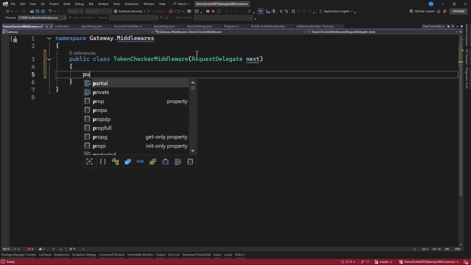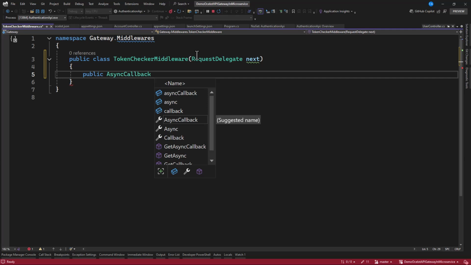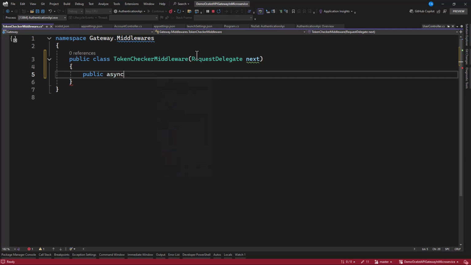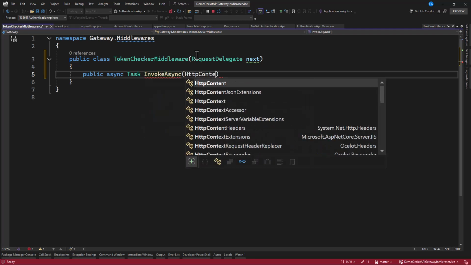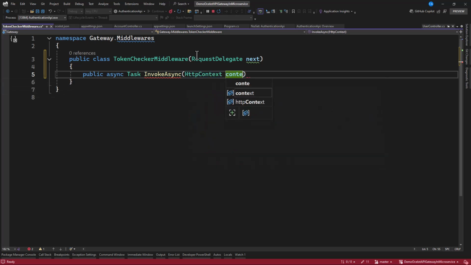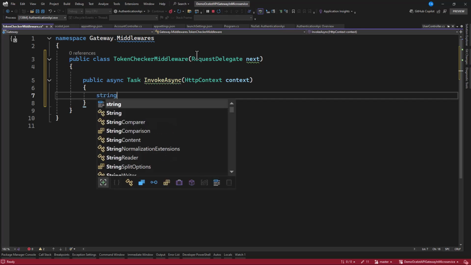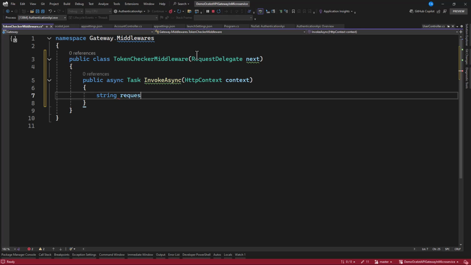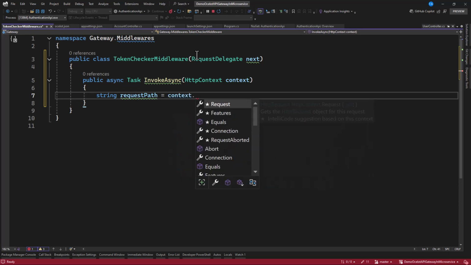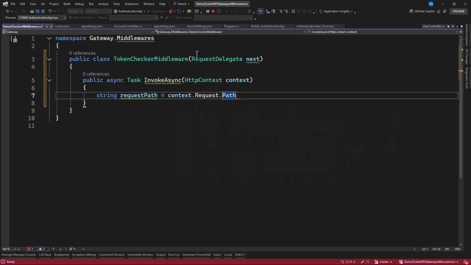Then we have our public async, and this must be a task, and it is InvokeAsync, which takes in HttpContext, and I say this is context. Now in that, we want to get the path, so this is request path, and this is equal to, we can extract it from context.Request.Path.Value, so we can get it from here.